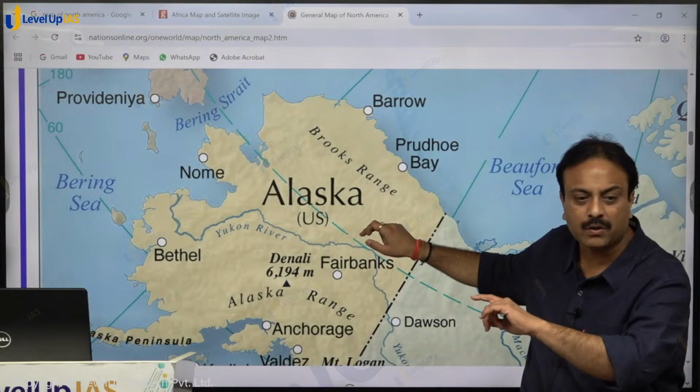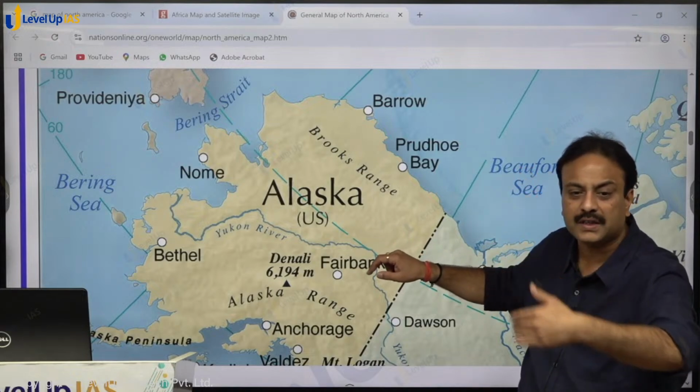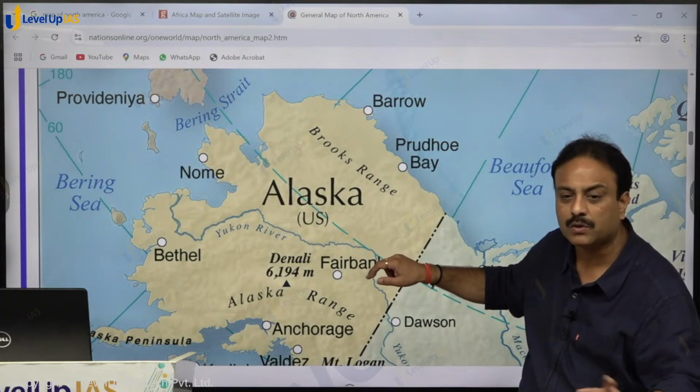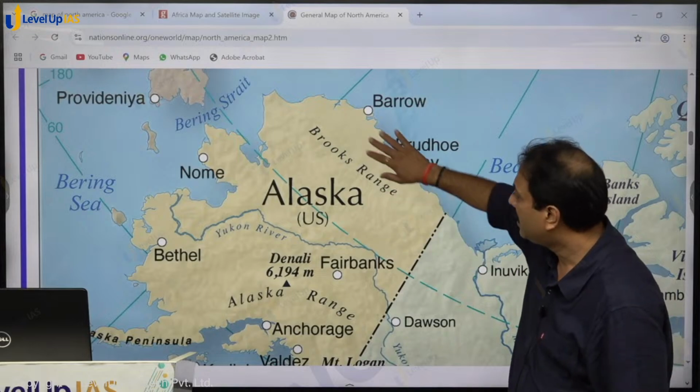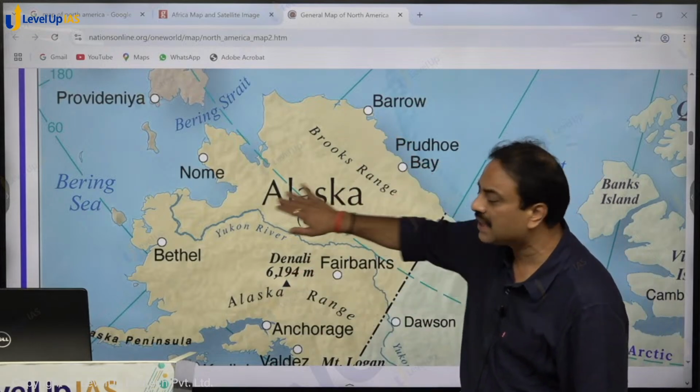Yesterday I was explaining to you about air moving from Brooks range, continental, coastal wind, land wind, exception. I was explaining this to you. This is the Brooks range, this is the Alaska range, Mount Denali, the highest peak, and these are the rivers